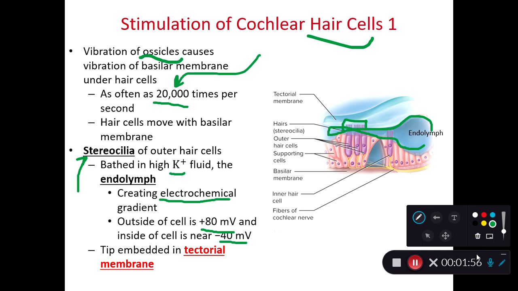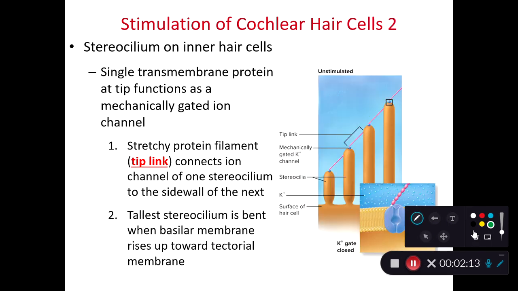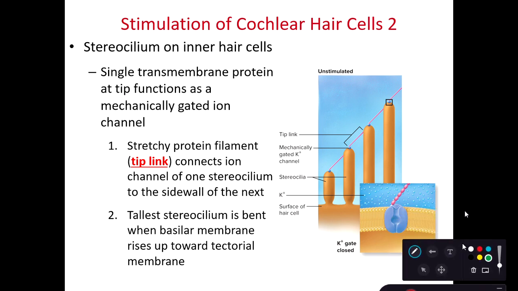As we look at this hair cell, the very tip of the hair cell is going to be embedded within the tectorial membrane that is receiving those oscillations, those vibrations from the auditory ossicles. So as we look at the stereocilia, those hair cells that are all lined up, we find that there's a single protein at the very tip of those hair cells. And if we zoom in on that single protein